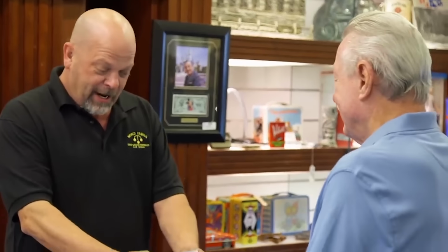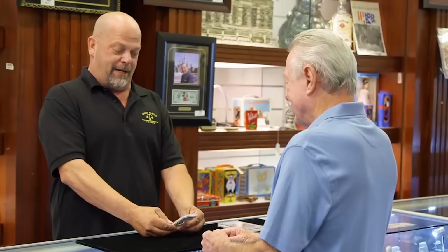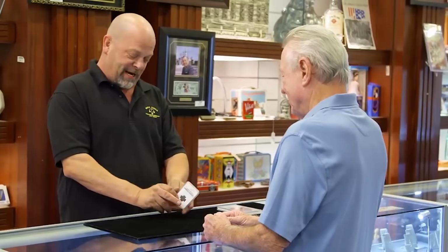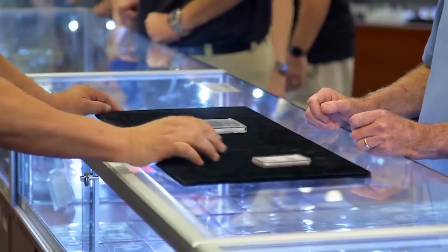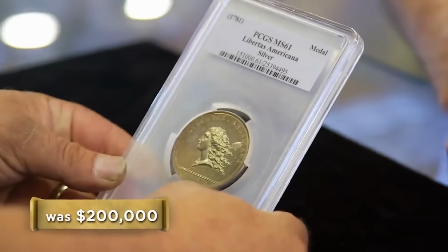Okay, first off, the half Disney, it's pretty damn amazing. And I'm sure I'll never hold another one in my hands. But if I was to buy it and then I couldn't sell it, it would put a financial burden on me. So I'm gonna pass on this one right here. I'm just gonna let you know that. This one, I have multiple customers, and even if they don't buy it, I think I can eventually do something with it. So,